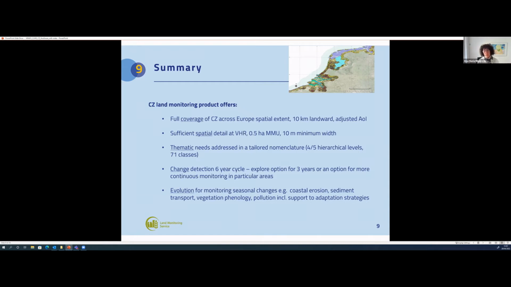We're also looking at evolution for monitoring seasonal changes such as coastal erosion, sediment transport, phenology, pollution.